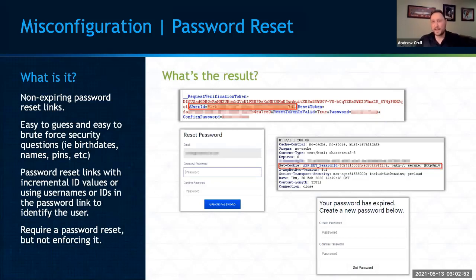These people may not have signed in for 6 months, a year, 6 years. Who knows? But their account's still out there. Their password's expired. They may still have a weak password. May have been a password from 2010 where it was password 123. One of those old ones that's non-compliant with anything. So make sure if you do an expired password, validate on every page after that if their password's expired, send them right back to the password reset page.